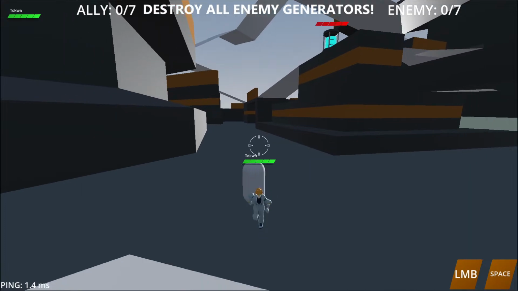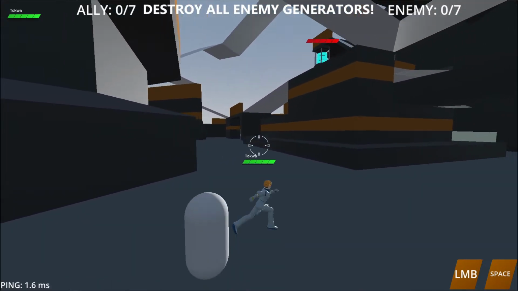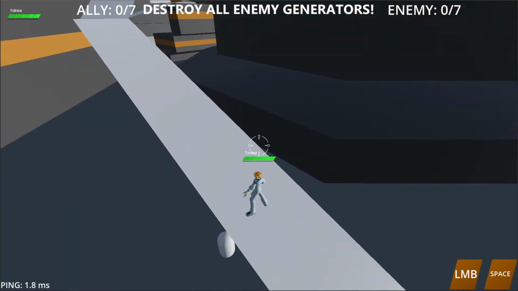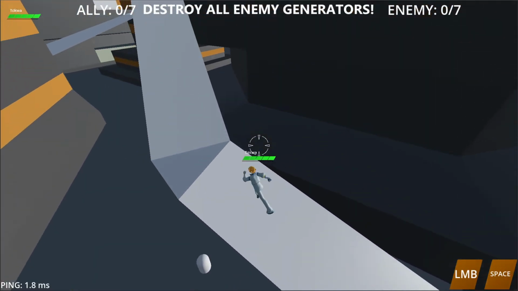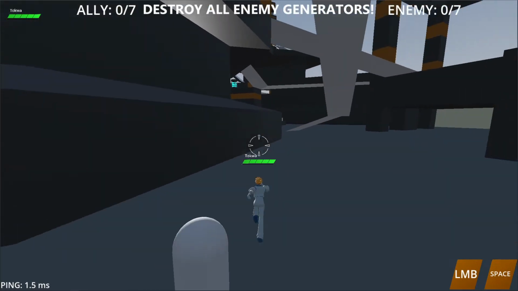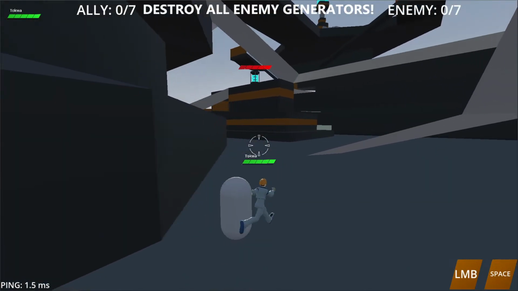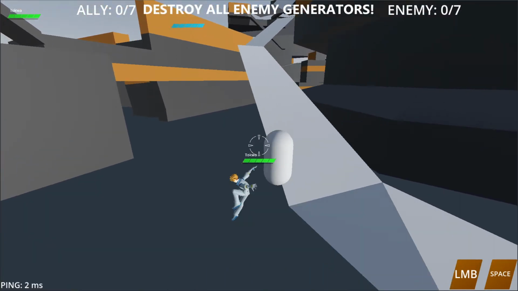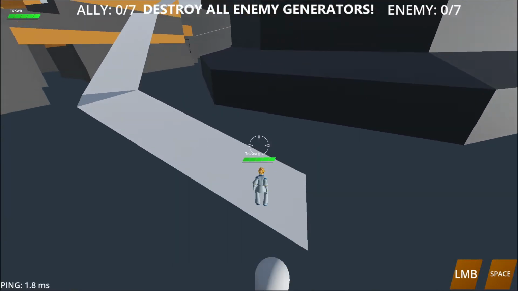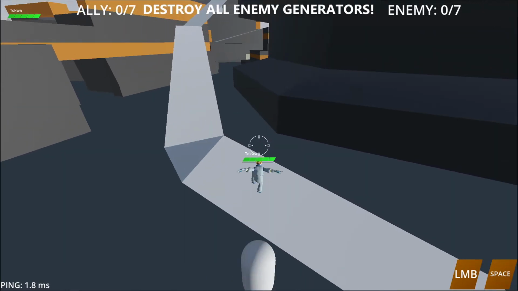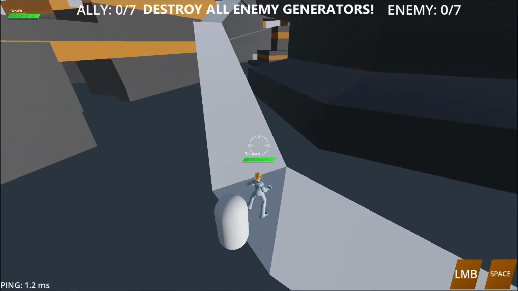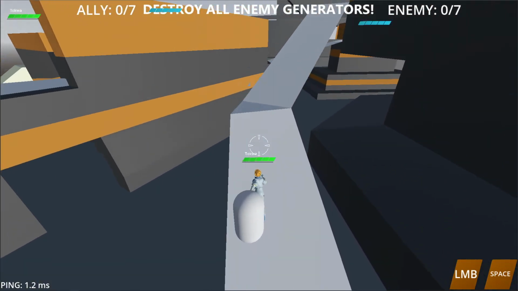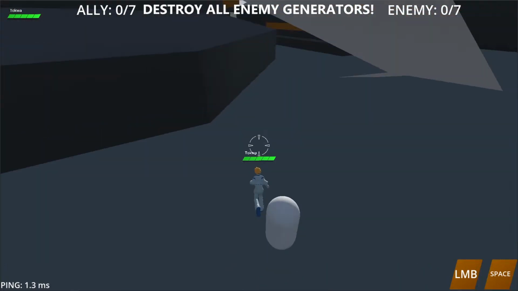I think this can be solved through rollback netcode, so that we can decrease situations where the character falls off, and then you just have these two, your client position and the server position, completely veering off. This happens in quite a few edge cases, especially with maps with smaller ledges like this. It's so easy to just run off. Anyways,